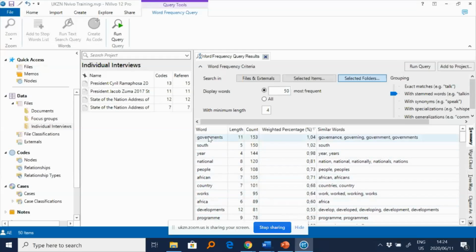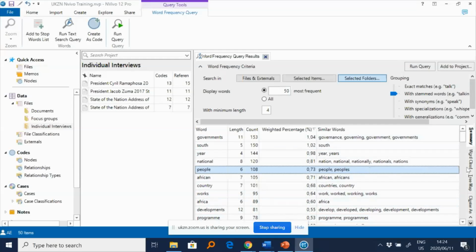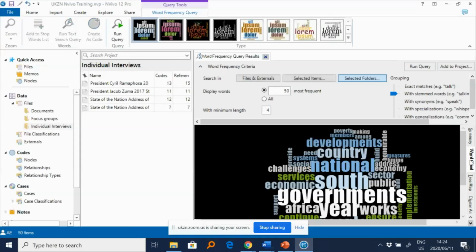And the beauty of this is that right from here, you can do other things. So for example, here you can have different displays. Here we have this tab, which says summary. It gives us a summary of our most frequently occurring words. If you choose the next tab, it gives you the word cloud.